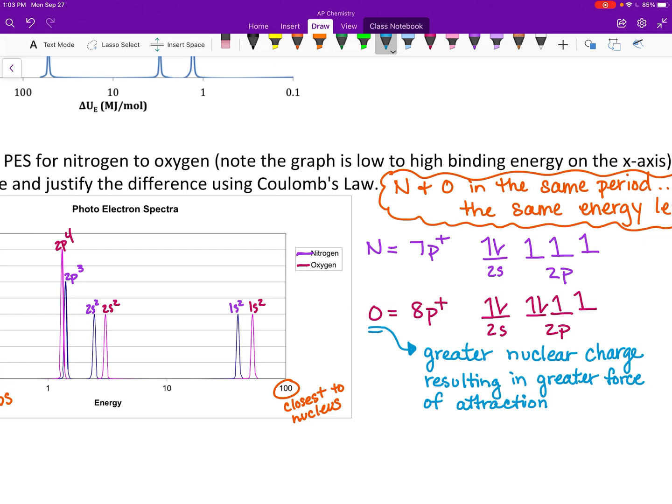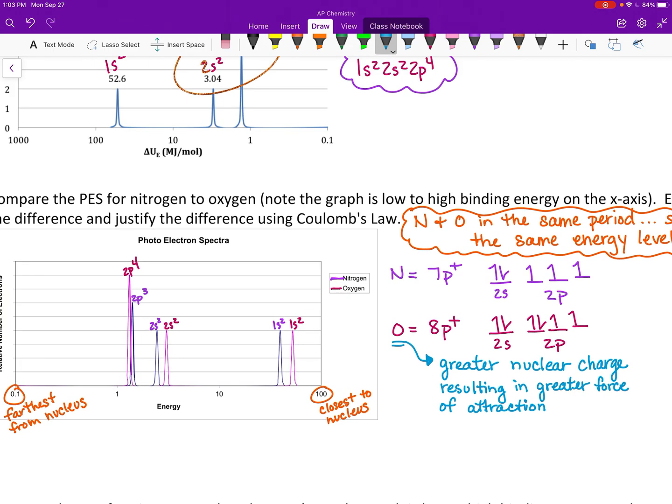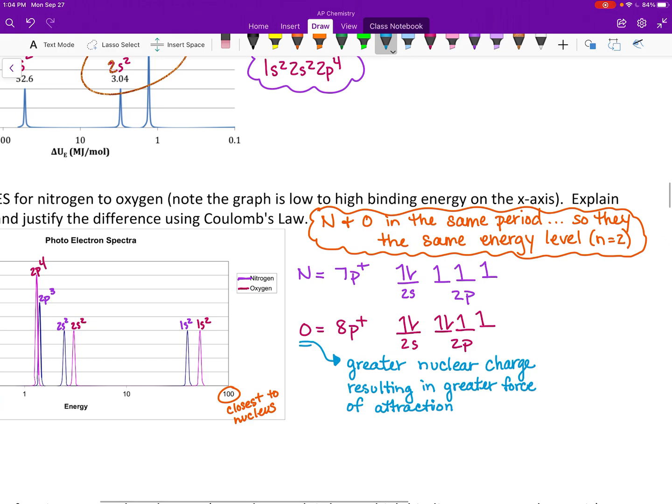Now, the sticky bit becomes what is going on with this P4. So we would expect that that would actually be held tighter because of oxygen's nuclear charge. But in fact, what happens with this is the first doubly occupied p orbital. And so we see something kind of strange that happens. So right here, this first doubly occupied p orbital,